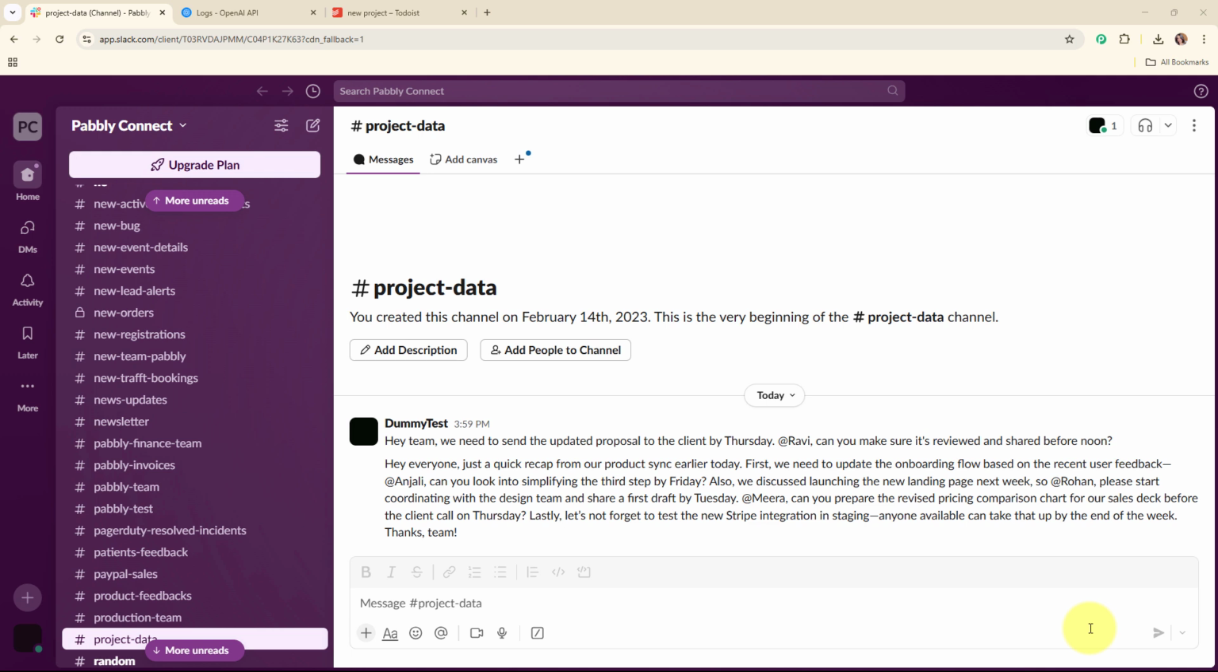So by using an AI agent to automatically summarize these Slack messages and add key points as tasks in Todoist, I can stay on top of what needs to be done without reading every message. This saves me time, keeps my task list organized, and makes sure I never miss an important follow-up or responsibility